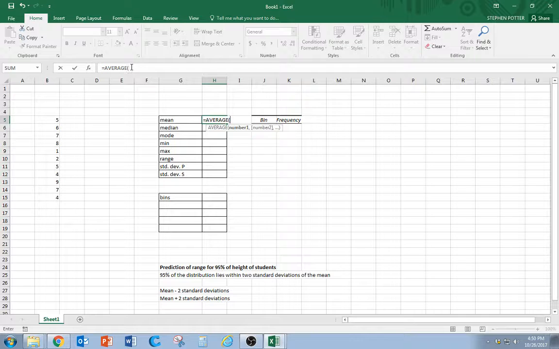So the open parenthesis means it's ready for a number. So we're just going to click on the first number, and that is cell B5, which is why B5 shows up. And then over here it kind of tells you some instructions. So we put in the first number, so we need to put in a comma, our next number, and then this we're going to hit shift,